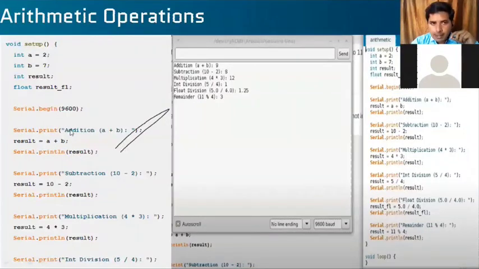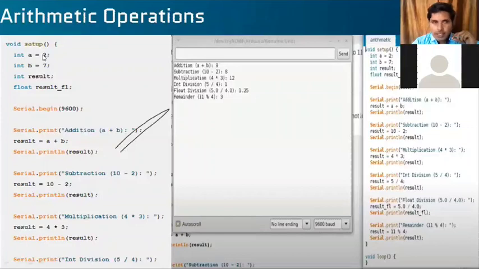And again, in this same program, I'm writing a subtraction also. If you want to do 10 minus 2, write 10 minus 2, store that result in the result, and display that result. Okay. And for a multiplication, say 4 into 3, see here what happened.